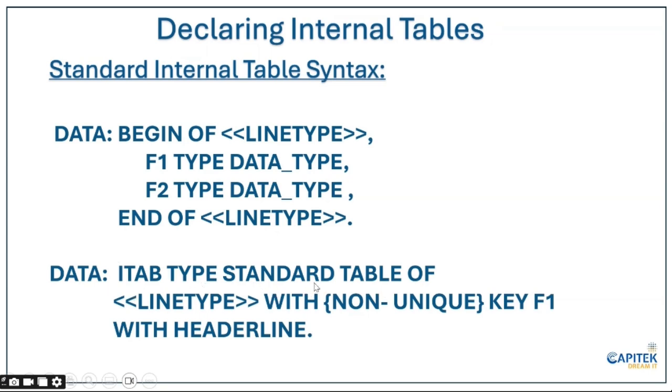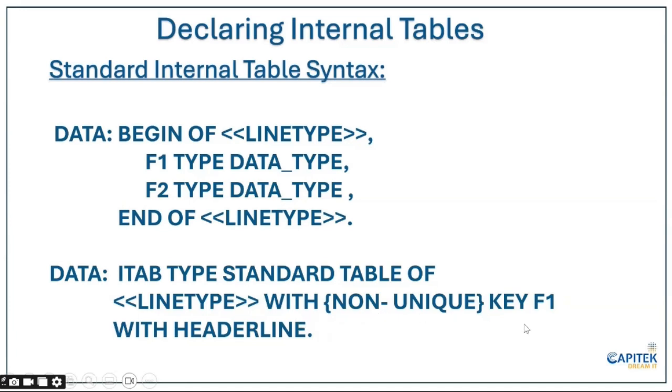Standard. It's a standard table. What is this ITAB referring to? It refers to the line type. It means I want an internal table which should have the same structure internally as the structure of line type. Very simple. So that is what ITAB type standard table of line type means,